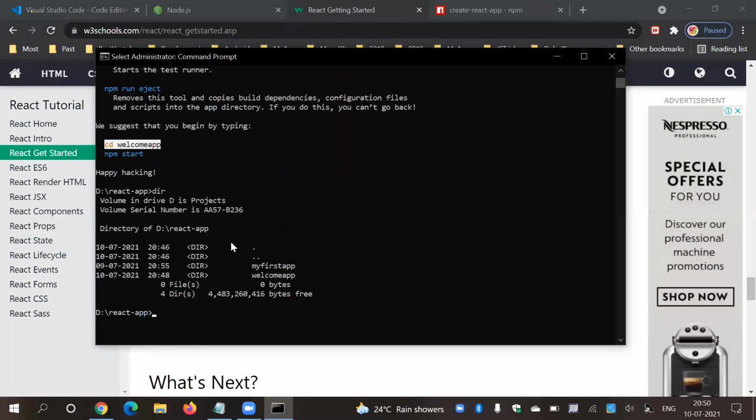Yep, let's go. cd welcome app, and before starting my development environment, let me open this folder in my Visual Code. I already explained what dot means and what double dot means. This is basically inode, if you know Unix or Linux. Dot means current directory.